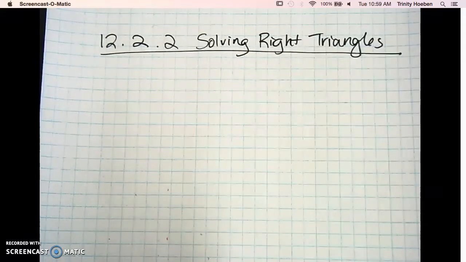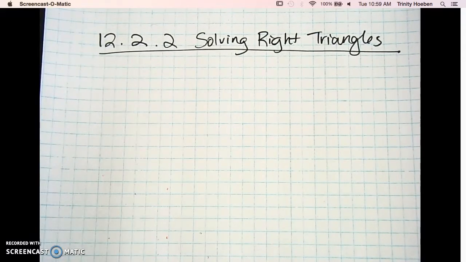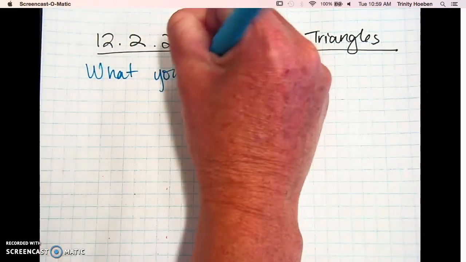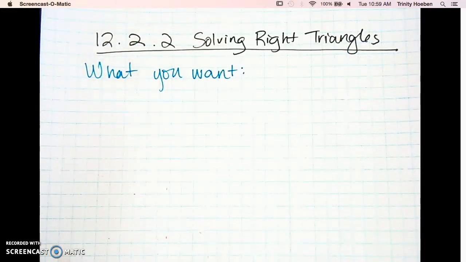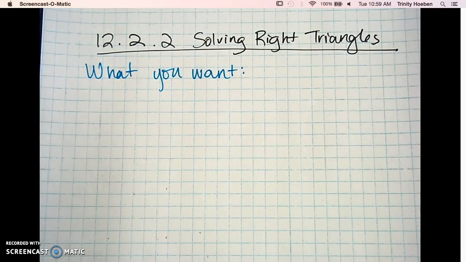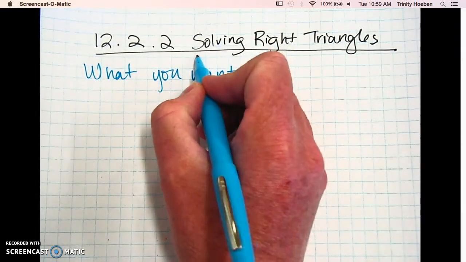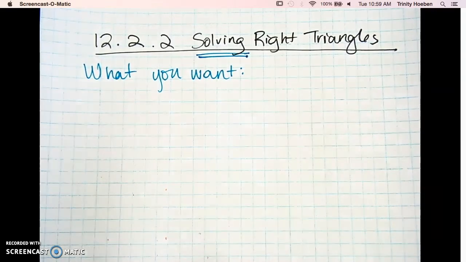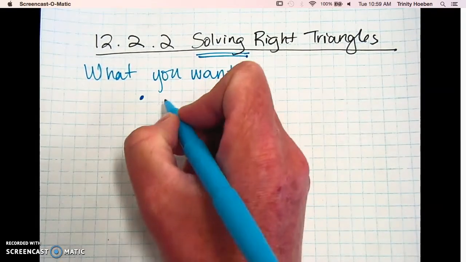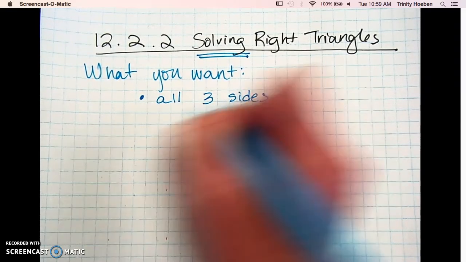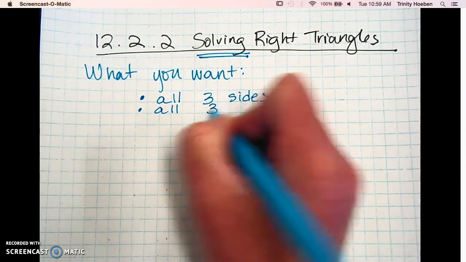All right, so we're going to be solving right triangles. So here is what you want. Right triangle means basically that it's going to have one angle that's 90 degrees. The other two angles are going to add up to 90 degrees because you should have a total of 180, okay? So if you're asked to solve, what you want is to have all three sides and all three angles,